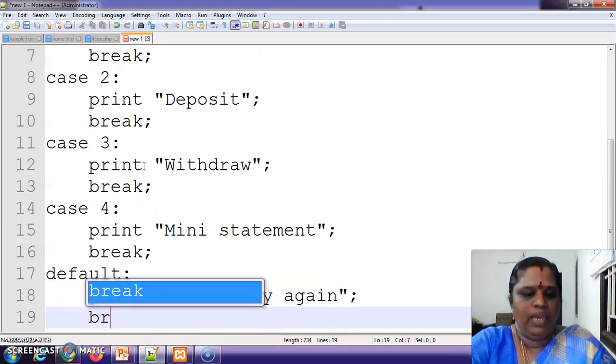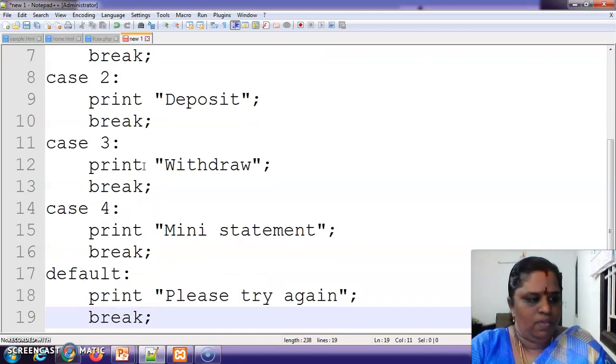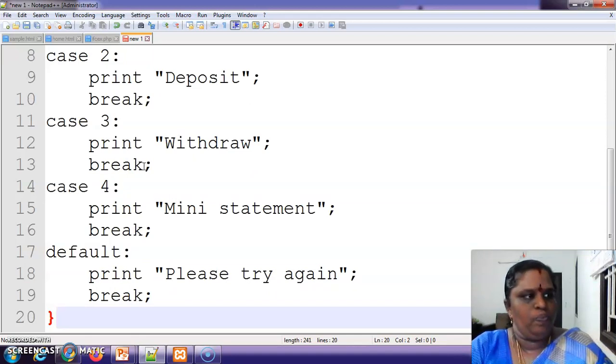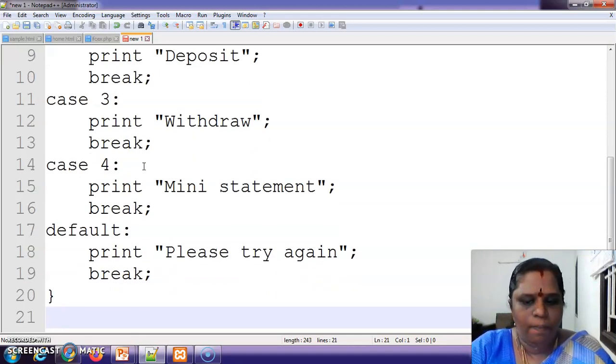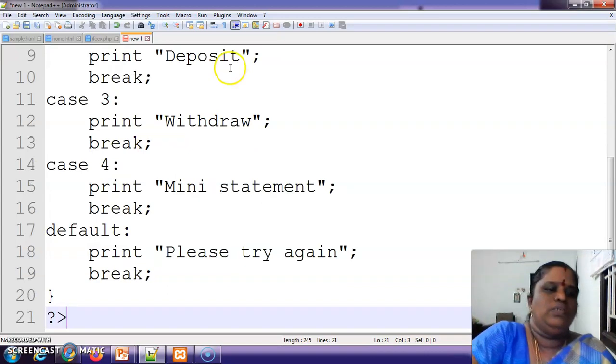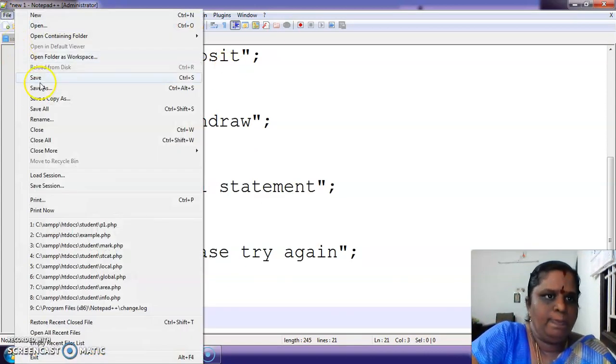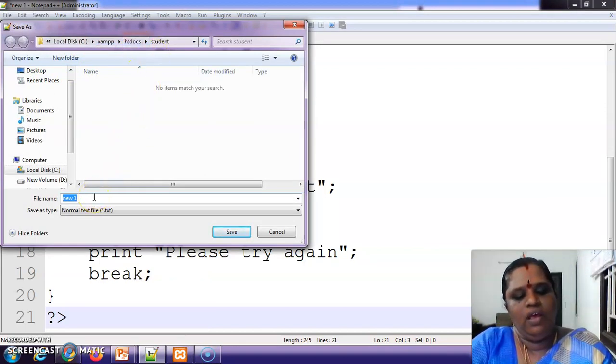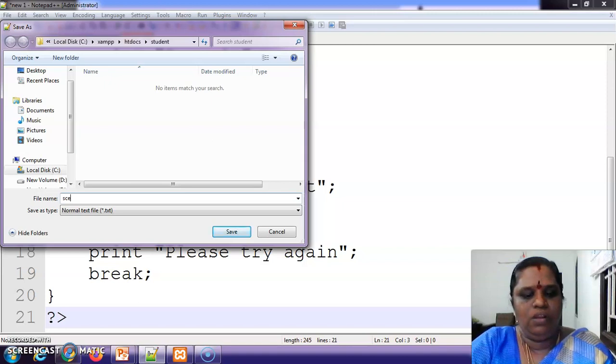Yes, break, isn't it? So we can close your default here and then your PHP program here. So we can save this program in your C:exam student folder like switch case example.